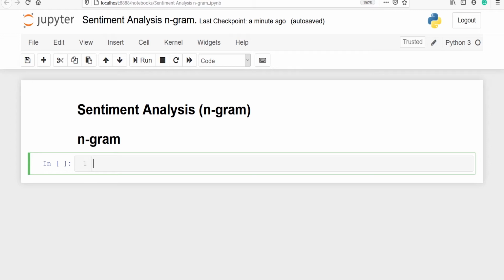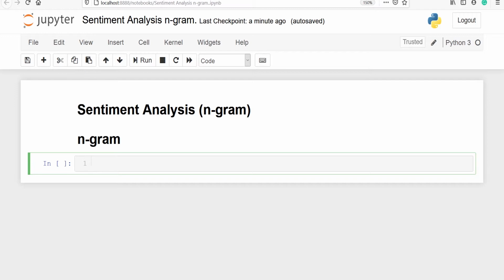In this video, we will learn about sentiment analysis using Ngram. We will be using the same Amazon mobile reviews data, but the approach will be different. We will be using Ngram technique. We can add some context to the sentence by adding sequence of word features known as Ngrams.